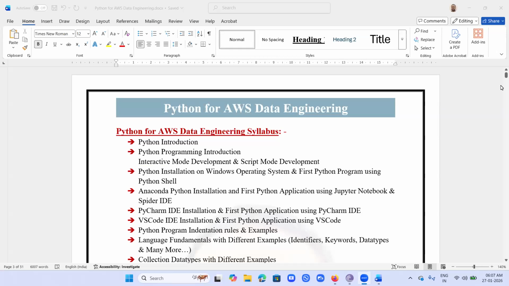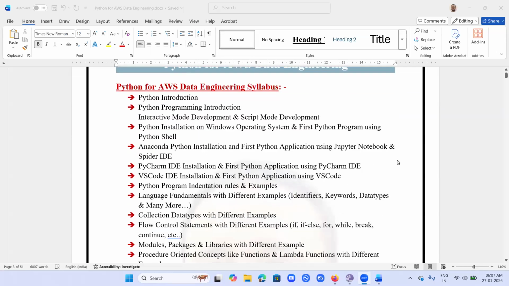Let's start. In this session, we are going to start Python for AWS data engineering. Let's start understanding what concepts are required for Python for AWS data engineering. So, first important point,